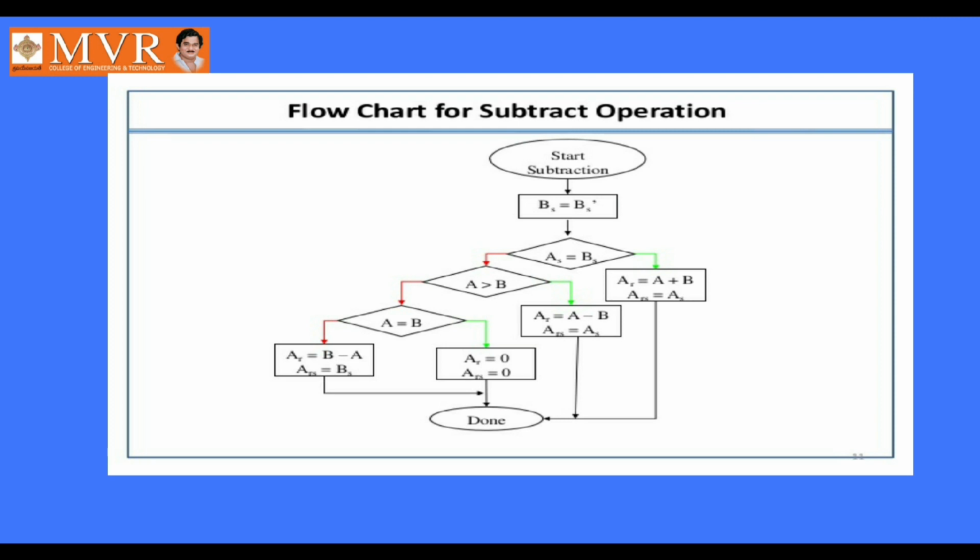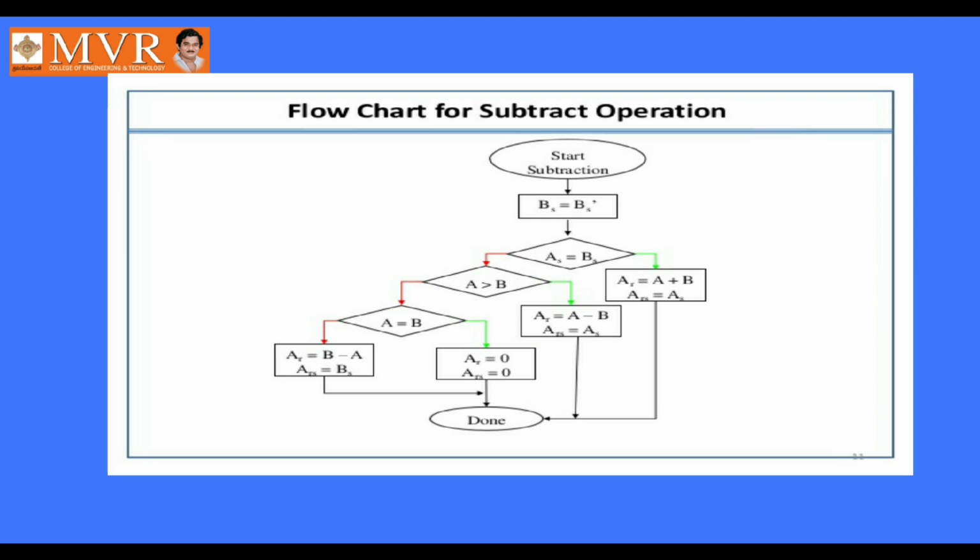What does it mean? For example, plus 4 and minus 4, or plus 20 and minus 20. Here the magnitude is equal, 20 and 20, A is equal to B. Yes, the magnitude is equal, but their signs are different. One is the plus symbol, one is the minus symbol. What is the result? When you perform addition for plus 20 and minus 20, the result will be 0.